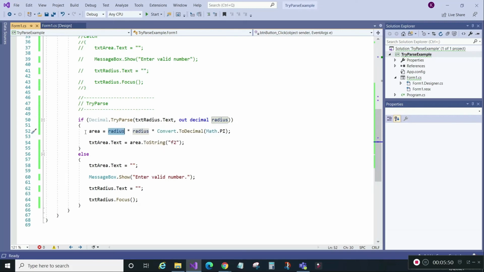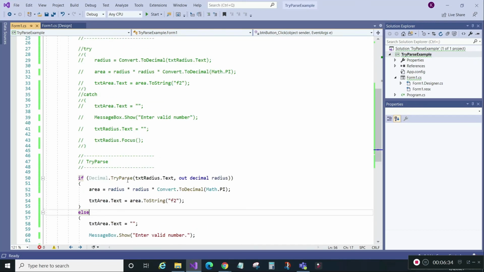If it's successful, the code inside the if statement will be executed, and this variable will be used with the value of this text box. And like I said, if it's not successful, the whole statement will become false, and this block will be executed. I won't go into details on what it does, because the code is pretty much the same. The difference is just